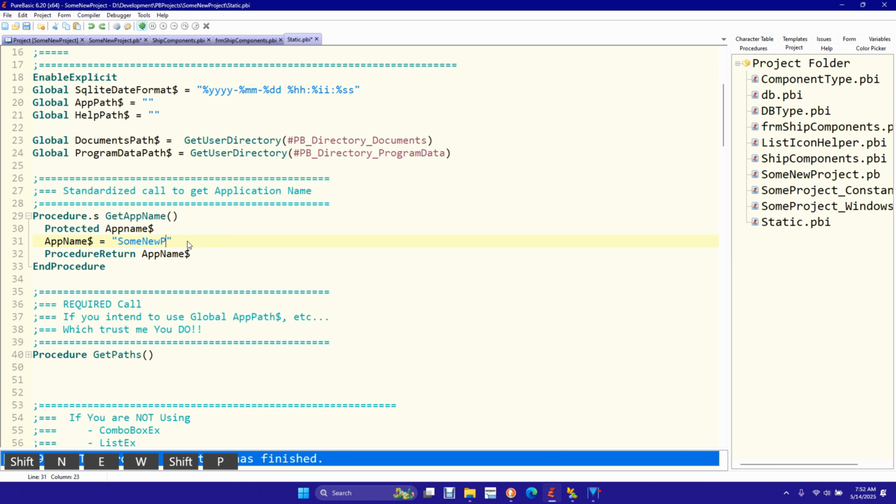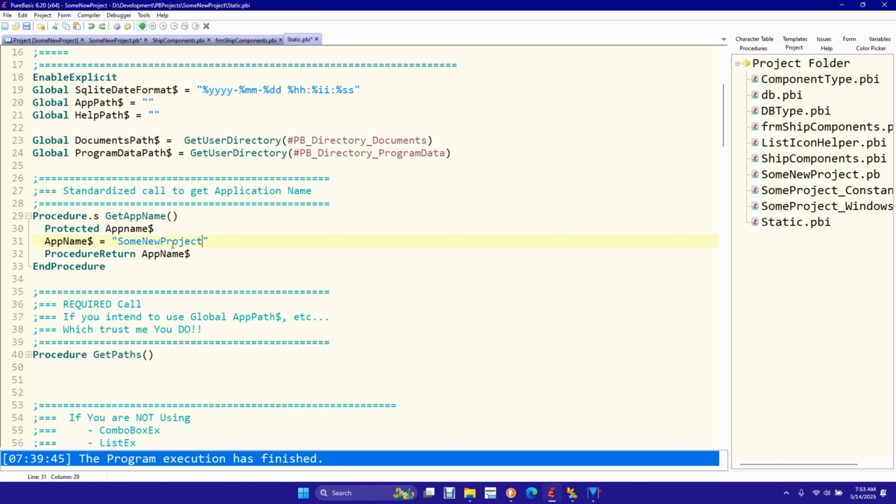This is where all the static data for the project resides. I have a function called getAppName. That's what's used whenever I present a message box to the screen. The title comes from right here. I call this function to get the application name, so every message that I present to the user carries with it that, hey, I'm talking about this application separate from any other on your screen, so you know where the message comes from. And it all comes from one place, and you're shrinking the footprint of your app by making that a single